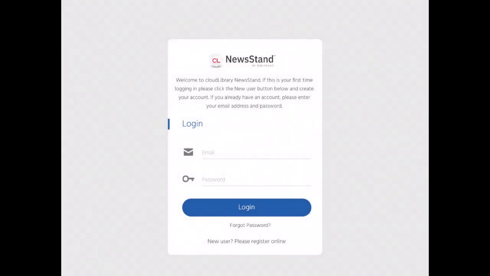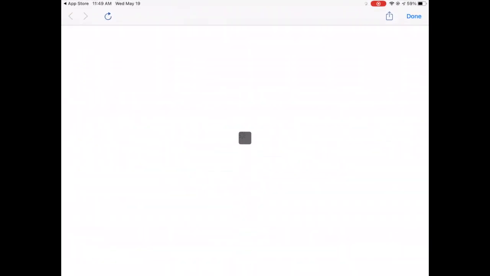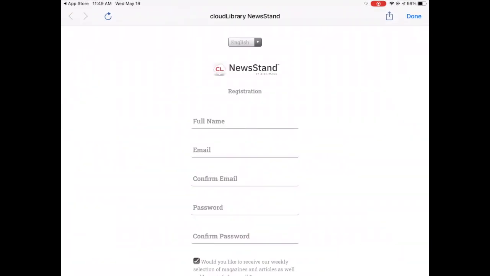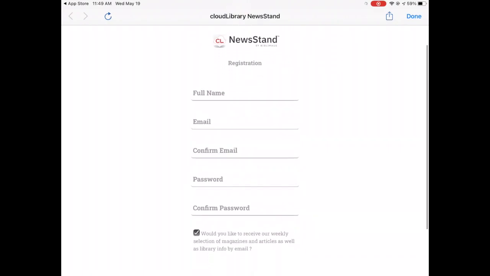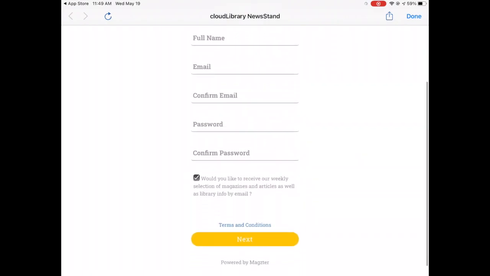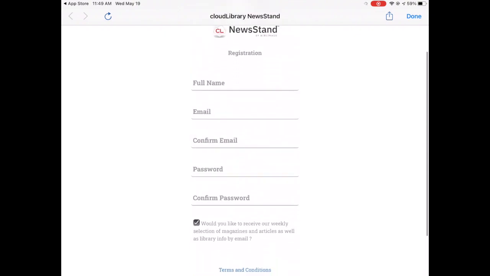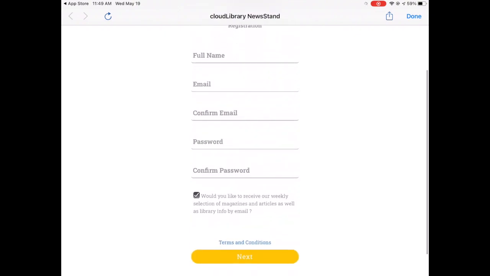For new users, you will need to create an account with your email. So if you go to the bottom, there's a space for new users you can tap on, and it will redirect you to a new page to register your account with an email address and password. After setting up your information, you will be prompted to enter your library card number and password. Once the account is created, you are all set to log into the app with your new account to start